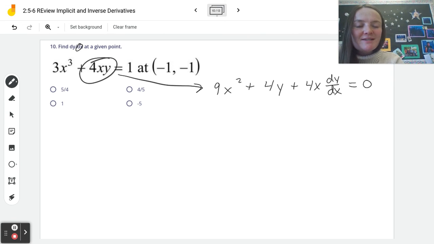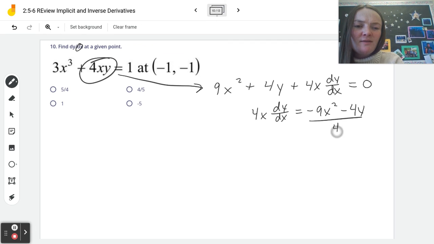So all we need to do here is solve for dy dx. So I'm going to move anything that's not dy dx to the other side. So I get 4x dy dx is equal to negative 9x squared minus 4y. And we're going to divide everything by 4x to get dy dx by itself. Well, that's not the answer quite yet because we want to know what's dy dx